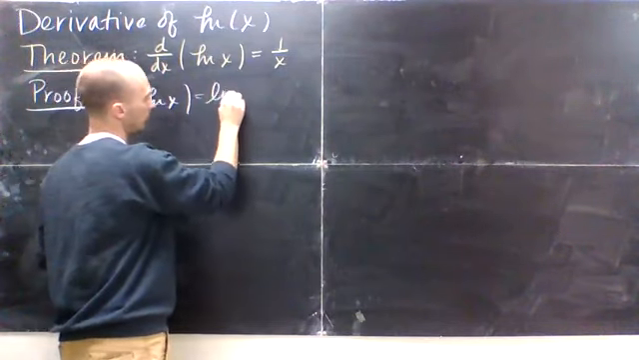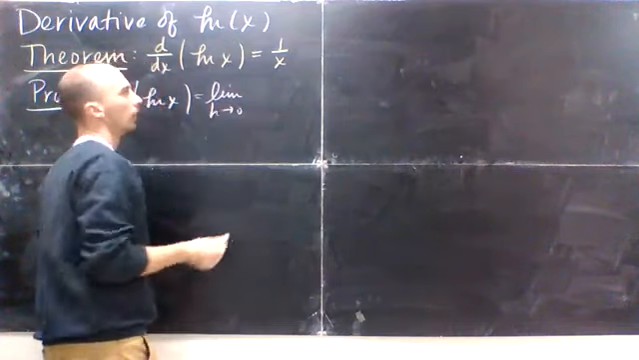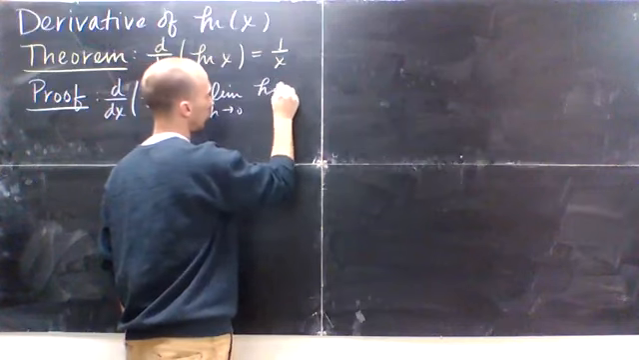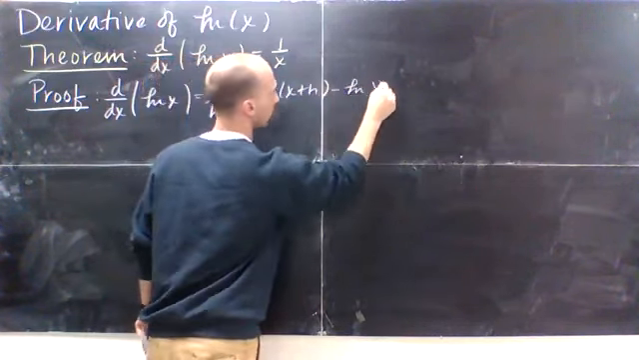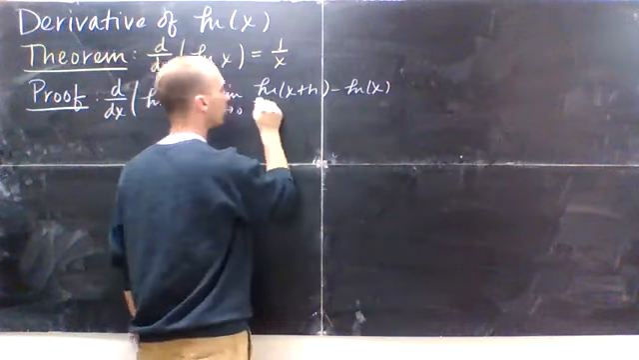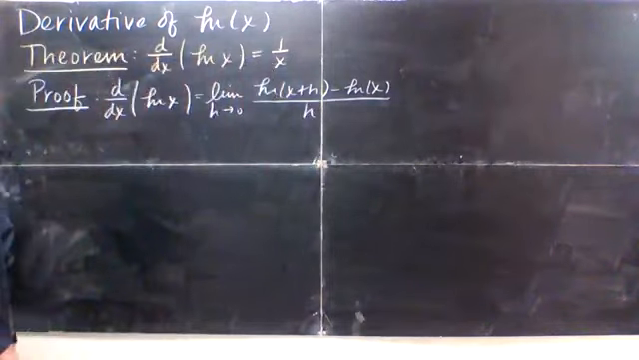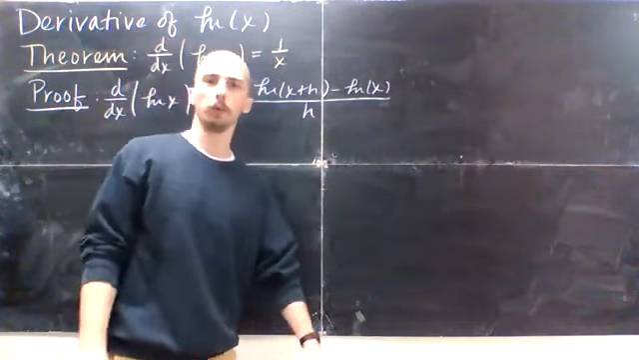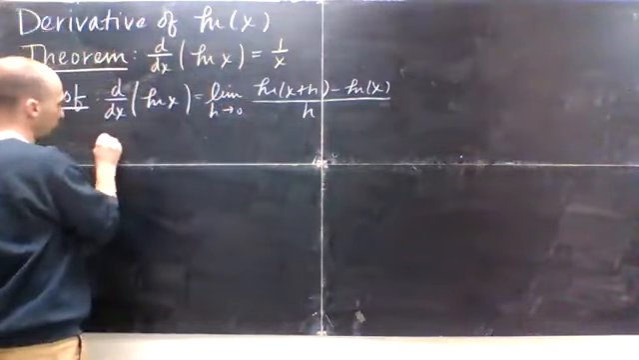So that'll be the limit as run goes towards 0 of log of x plus h minus the log of x divided by h. Okay. Now I'm going to use the log property where the difference of two logs is equal to the log of the quotient of the arguments. Okay, so I'll say that's equal to